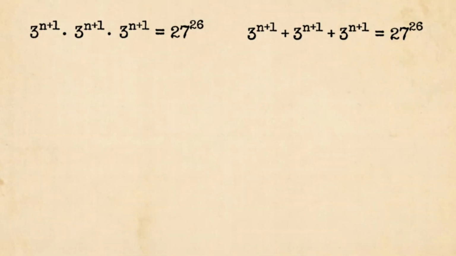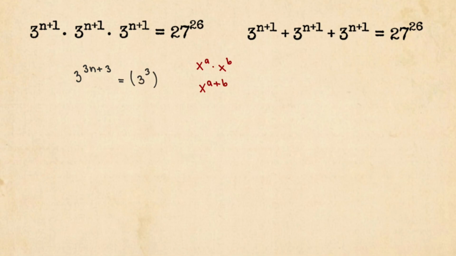Let's start with the first equation on the left. Remember our exponent rule. When multiplying powers with the same base, we add the exponents. So on the left, this simplifies to 3 to the power of 3n plus 3. On the right side of the equation, we have 27 to the power of 26. We can rewrite 27 as 3 to the third power, or 3 cubed. To simplify this, we use the power to a power rule, where we multiply the exponents together. So now we are left with 3 to the power of 3n plus 3 equals 3 to the power of